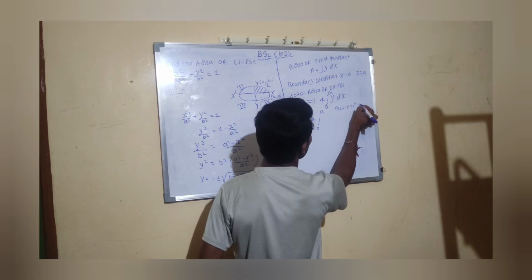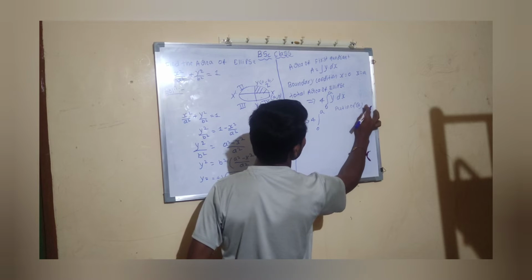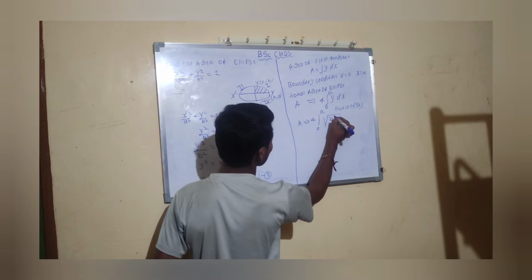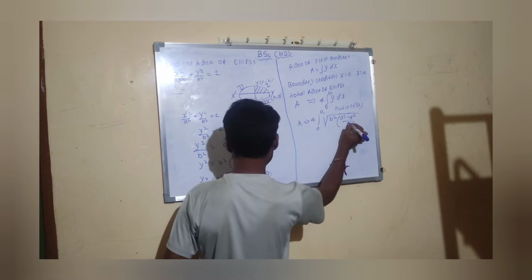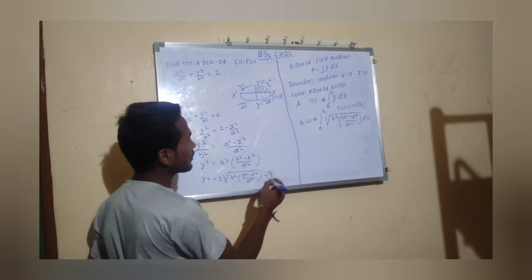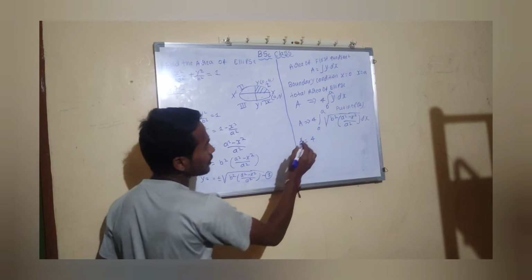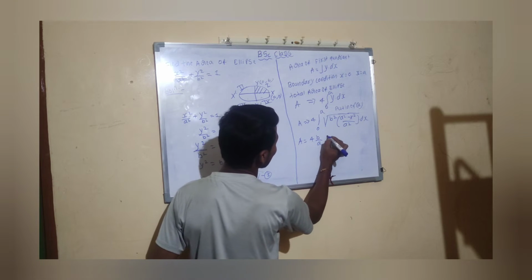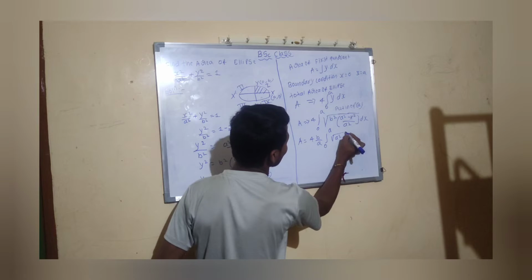So we use equation 14. We take y equal to b by a times the square root of a square minus x square, and the area is 4 times the integral of y dx. Taking b by a outside, the squares get cancelled, so the remaining part is the integral from 0 to a of the square root of a square minus x square dx.